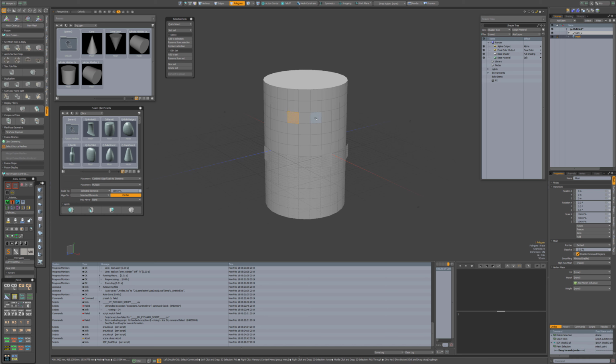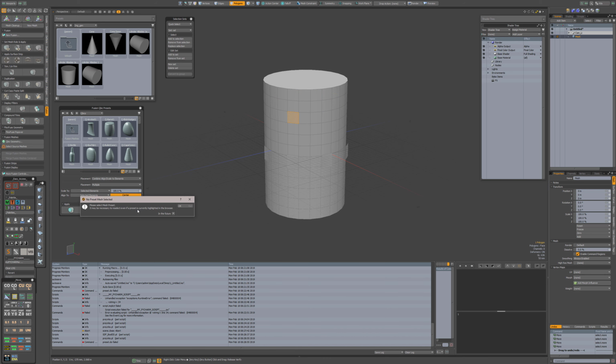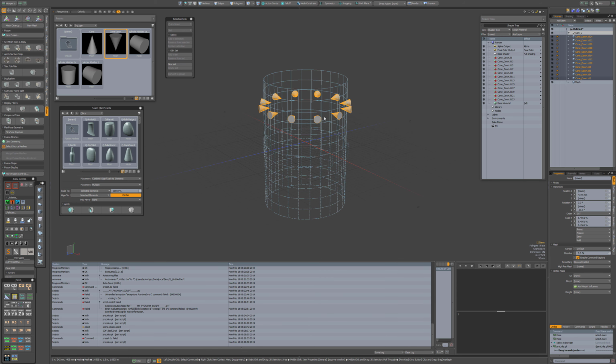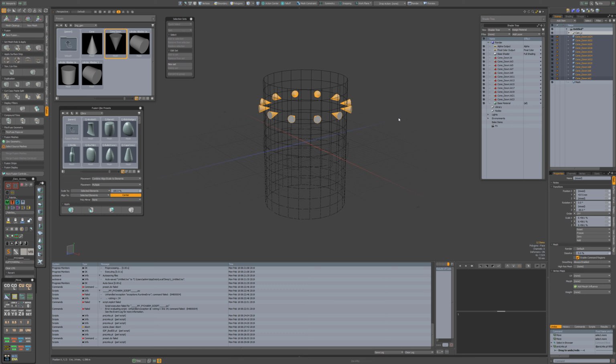So what happens if I, for instance, select these polygons, when I click that button, and please select mesh preset. Of course I have to select a mesh preset, so I'm going to select that cone down over here, click this icon, and now you see that all those cones get scaled and aligned to that selection. Now the disadvantage is that these all are separate mesh layers, so I could